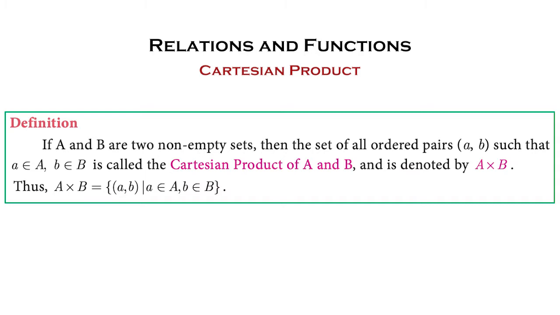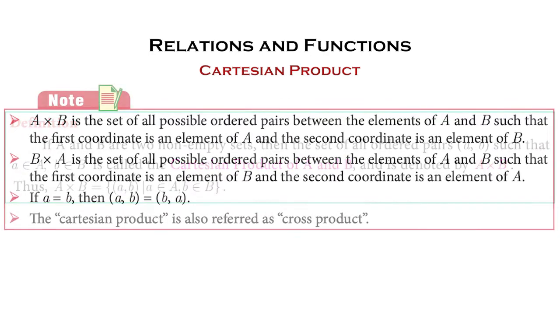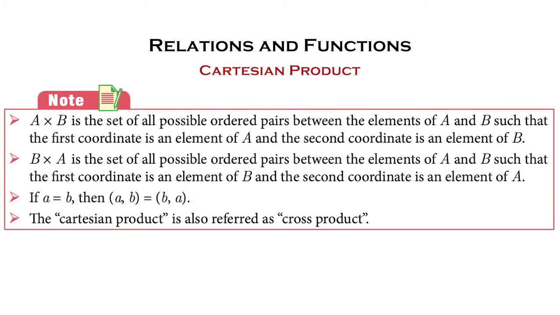So as I told you, when there are two sets and you write the elements of those two sets in ordered pairs and list out all the ordered pairs of those two sets, that is called the Cartesian product. A cross B is equal to... So when they ask you to find A cross B, this is called finding the Cartesian product, that is writing the set of all elements of sets A and B in ordered pairs. When you write the set of ordered pairs for A cross B, the elements of A will be your first term and the elements of B your second term.